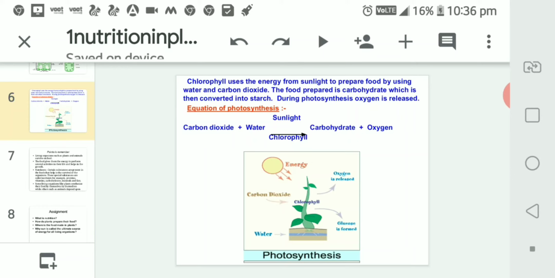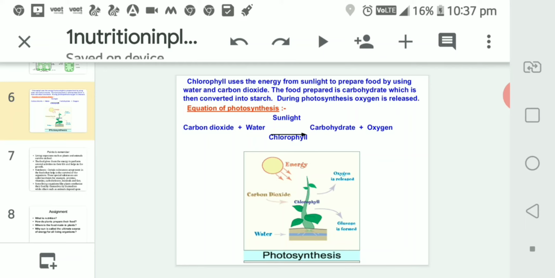So here you can see the process of photosynthesis is very helpful to take in carbon dioxide from the atmosphere and to purify air. That's why we need to grow plants as many as possible. Let us see the diagram of photosynthesis. Here the plant prepares its own food with the help of solar energy, that is sunlight, in the presence of carbon dioxide, water, and green pigments, that is chlorophyll.